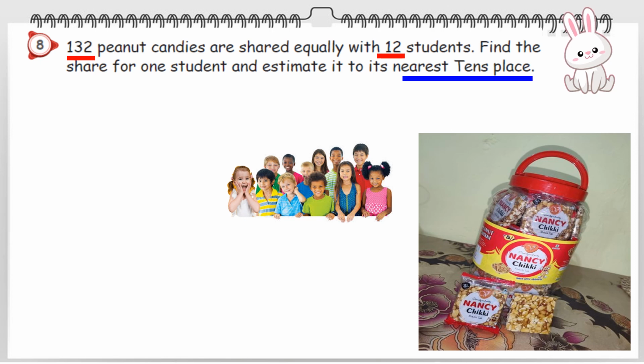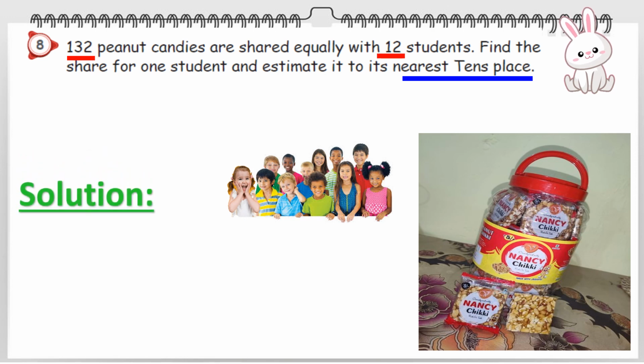So here they are asking only for the nearest 10th place. It's very easy. And then try to understand the question first. When one packet is given and they ask for many packets, we need to do multiplication, isn't it? But here many are given. They are asking how many candies come for one student. So sure we need to do the division. So don't forget this logic. So you have to keep in mind. Very important. Okay. Just easy.